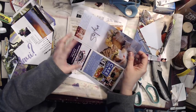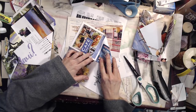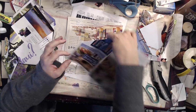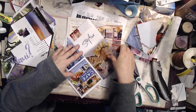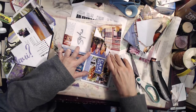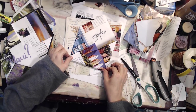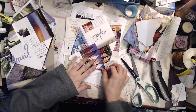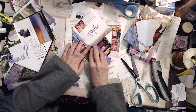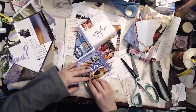So I'm going to fold, let's see, I'm going to fold this side in to meet the point, and this side in to meet the point. Now I just have to decide what I want on the inside of my envelope, and I like the surfboards, so I'm going to fold that up on the inside. Then I fold down the point in the center, and then I fold it back onto itself,